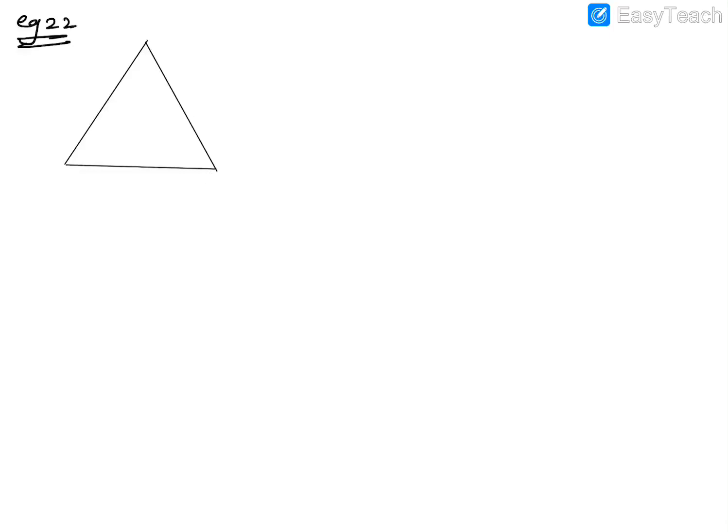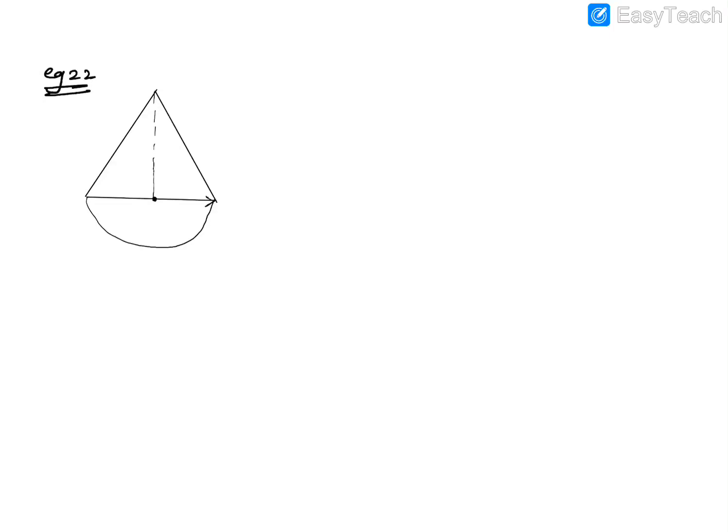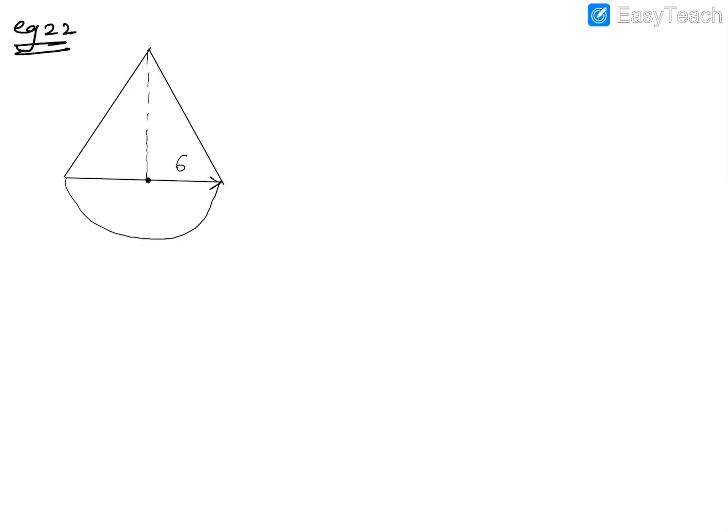One sec, I'll have to draw freehand only. So this part is your part of the hemisphere. Now they both share the same radius, and that's the height of the cone here. So they say a toy is in the form of a cone mounted on a hemisphere with the same radius. The diameter is equal to 12, so the radius is equal to what? 6 centimeter.